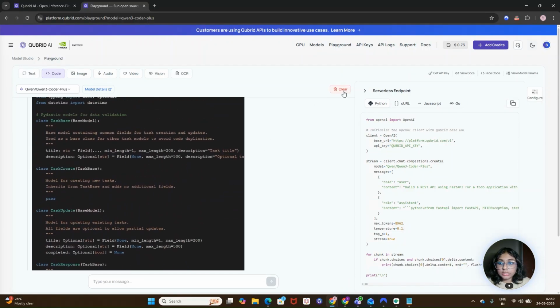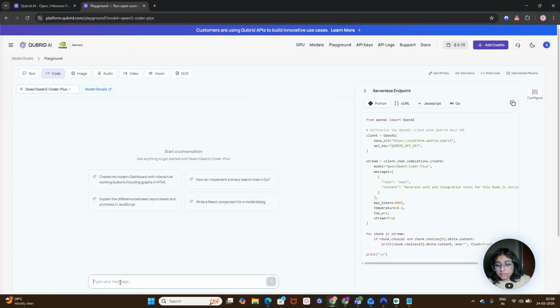So let's start by giving it a simple prompt saying: create a Python script to find prime numbers within the given range.